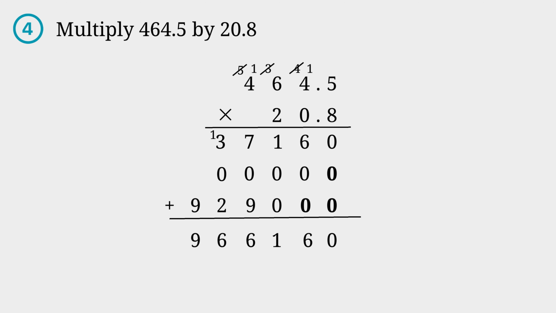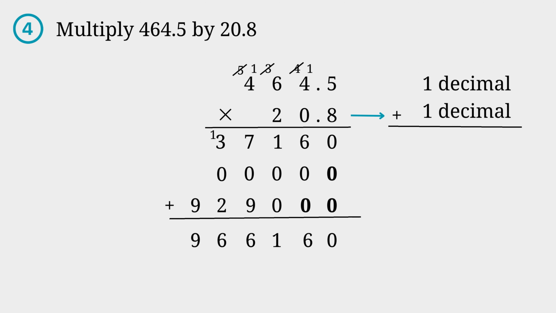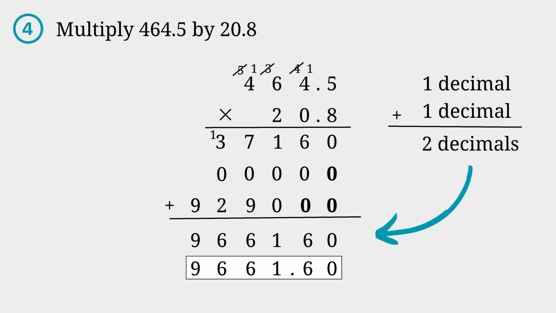Remember, we are working with decimal values, so we have to check where the decimal symbol should go. The first value has 1 decimal, and the second value also has 1 decimal. 1 plus 1 is 2, so our final answer needs to have 2 decimal places. And here you have your final answer, 9,661.60, or you can say